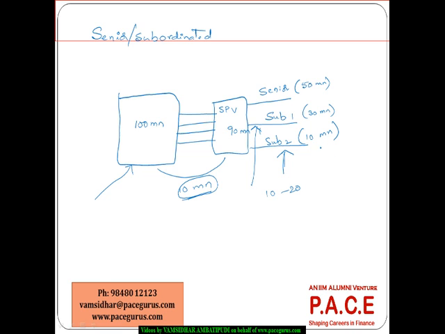And anything beyond that, between 20 and 50, if it is the default, then it would be absorbed by subordinate tranche 1. And only if the default is more than 50 million, the loss will be transferred to the senior tranche. Payment wise, the first 50 million received will go to this group. The next 30 million, if at all it is received, goes to this group. And finally, after 80 million, anything in excess that is received goes to this group.